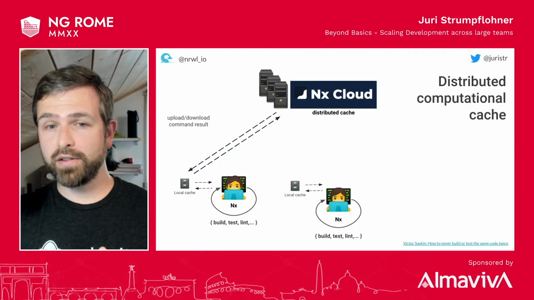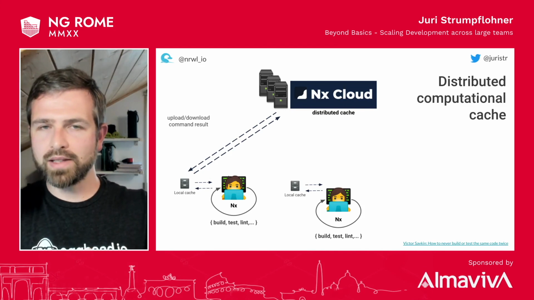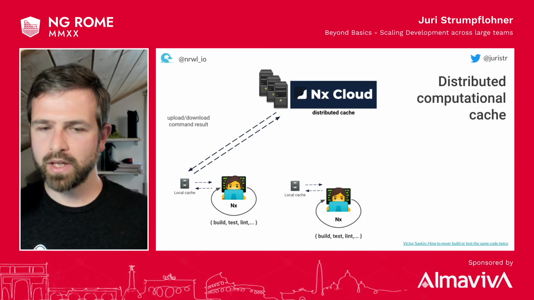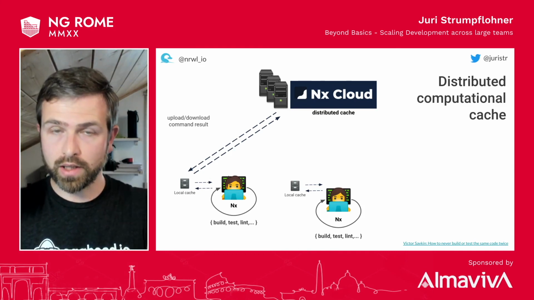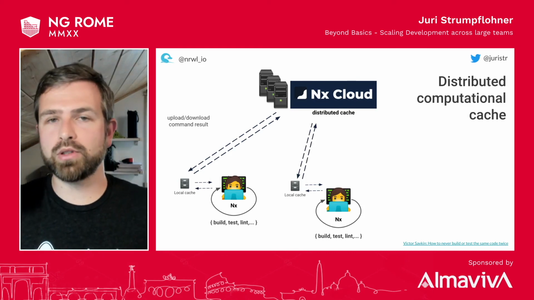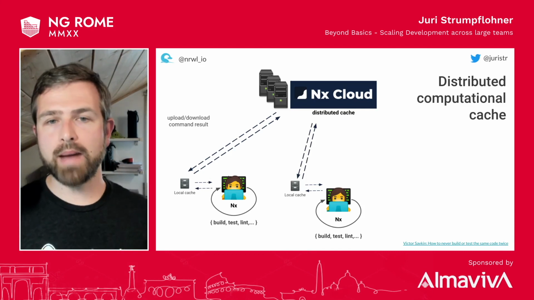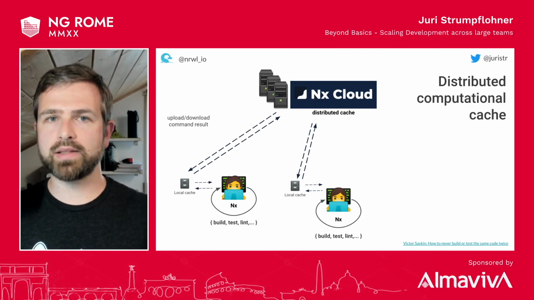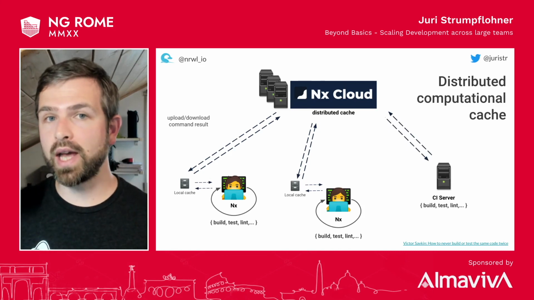This gets even a step further if you have NX Cloud. The local cache in NX is just for your own, but with NX Cloud, you can distribute it to your entire team. When NX doesn't find it locally, it uploads it to NX Cloud, and so your teammate can download it as well. And this happens completely automatically. So if I run tests on a project and my teammate has the same setup, the same source code, it won't actually run the test, but just gets the output immediately. That speeds things up a lot. And obviously, if you wire in the CI server again, that gets even faster.